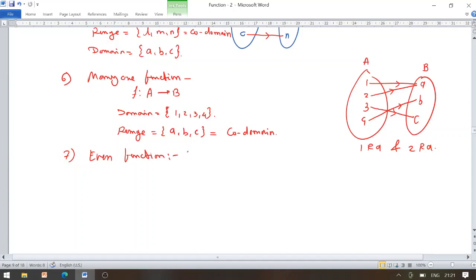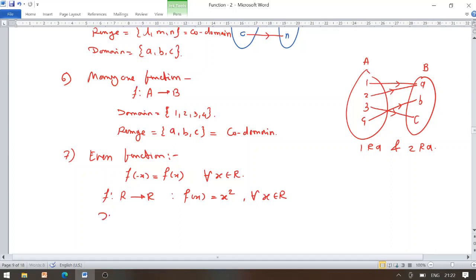What do you mean by exactly the even function? So f is said to be an even function if f of minus x is equal to positive f of x for all x belonging to the set of real numbers. So under consideration, let f be the function from R to R such that f of x equals the square function, that is x squared, for all x belonging to the set of real numbers.